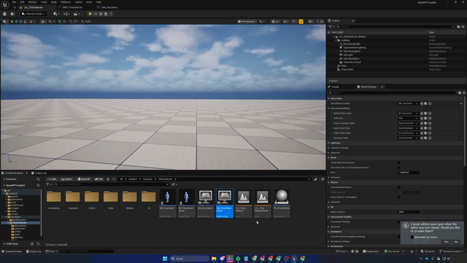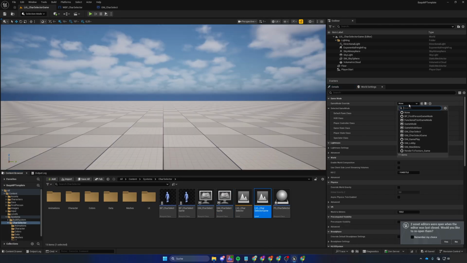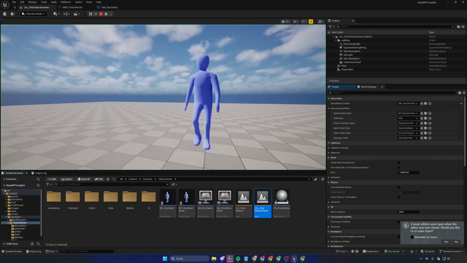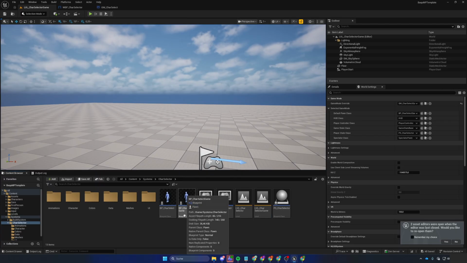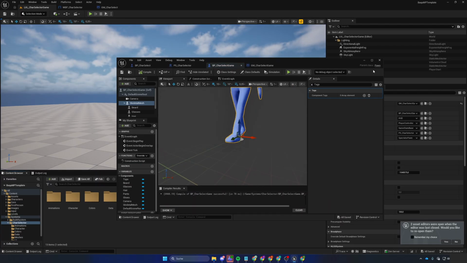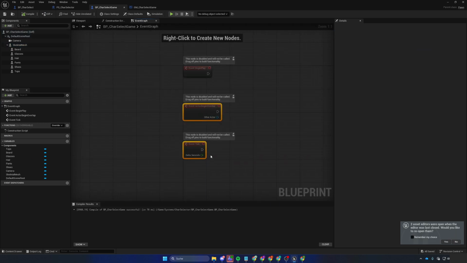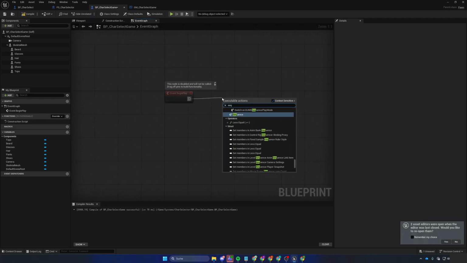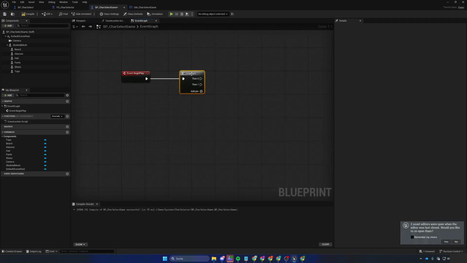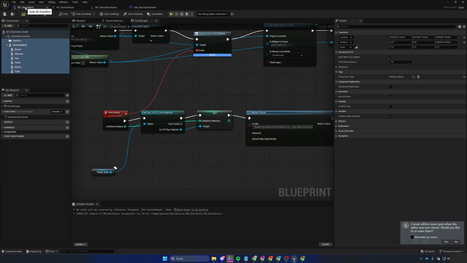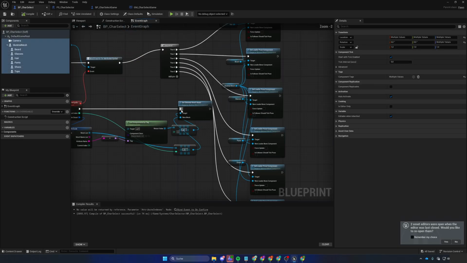Perfect. And that's that. So we can now go over to the char selector game, select the new game mode here. If we now start, you can see that we have our new char in here, and we can now start creating the blueprints. And we're going to do that by taking our begin play and ending the sequence real quick, because one thing we will have to do, you have to go over to your BP char select, and